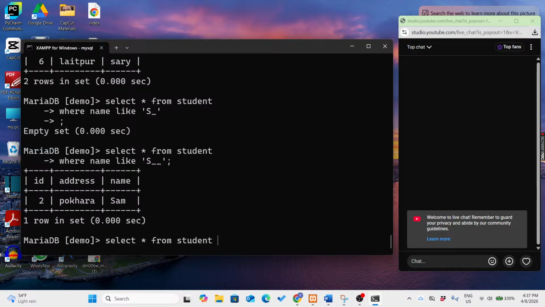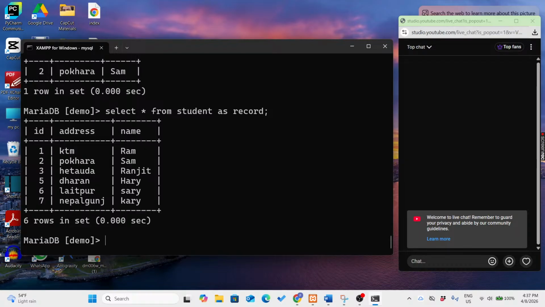So we write the query, select from student, okay, as just keep the record, okay. So let's put semicolon, enter. So this is called alias, okay. This is called alias. So what happens? We can also give there for the databases, the tables, orders, we can give there. Now I want to show you